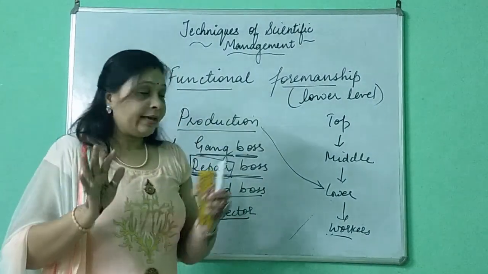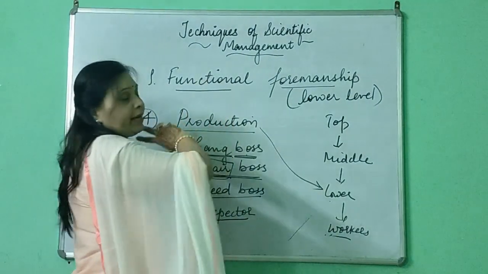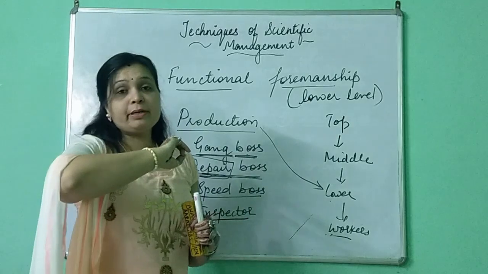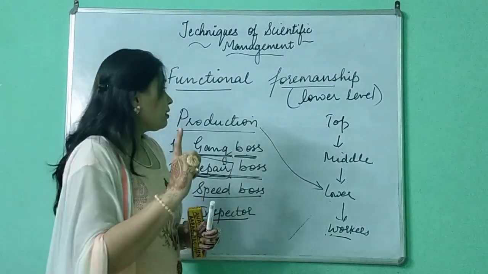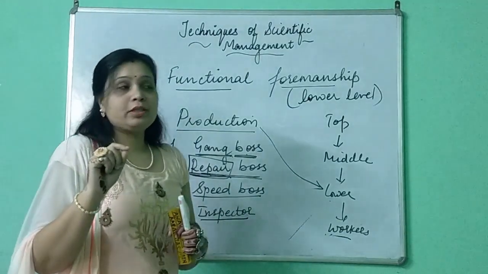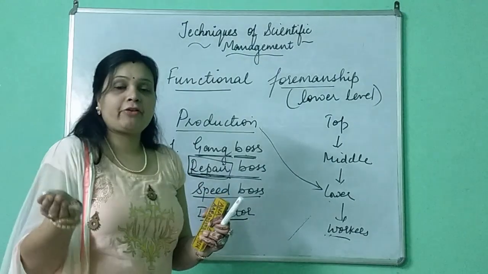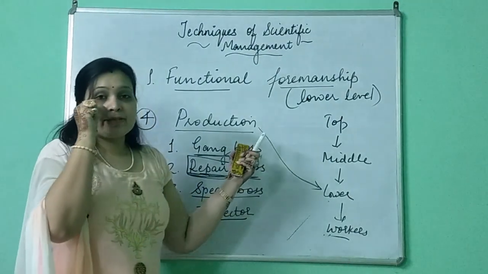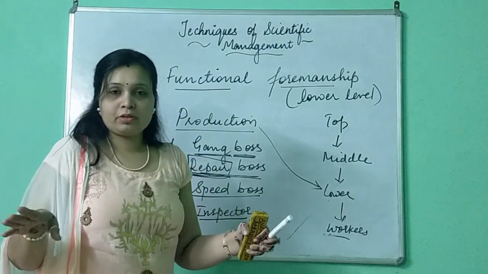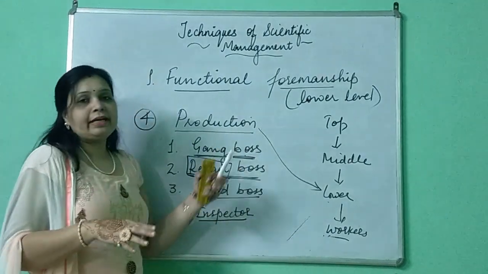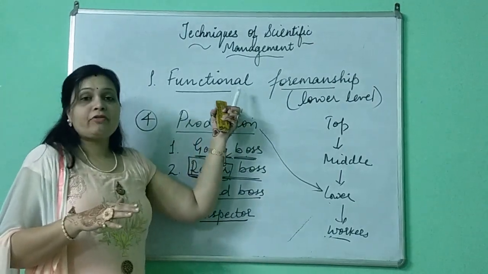Clear? Here 2 things are to be mentioned. When we are comparing scientific management with the fundamental principles of management, there comes one question, you have to note it down. Sometimes there comes this question that functional foremanship is like which principle of Henri Fayol? Division of work. Because the division of work principle says that work should be divided into smaller units. And here also we are dividing the work into 8 different parts. So it is in accordance with the principle of division of labor.